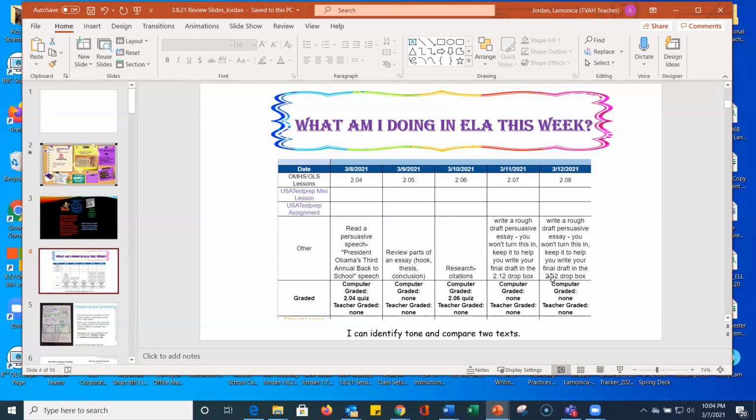If you would like for me to look over it with you, please email it to me and come to open office, and I will discuss it with you and tell you what you need to work on to improve it to make a good grade. But you do not have to turn in that rough draft to me like it says here. Just like your personal narrative, we don't turn in the rough draft. I just want to see your final copy. We're not quite ready for the final copy, but you should start working on your personal narrative.